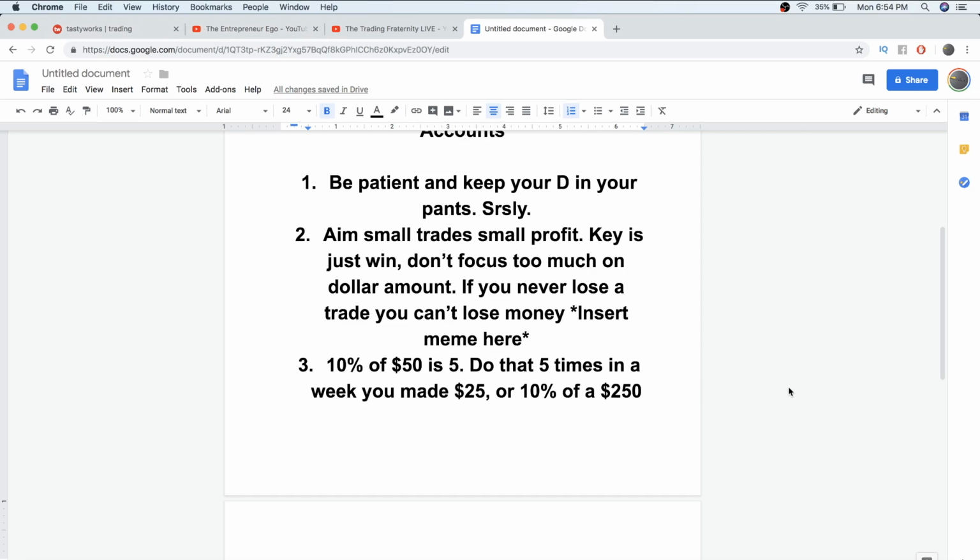You guys want to do the same thing. All you want to do is win. If you never lose a trade, if you make sure every trade you do comes in with more money than you put out, that's it. Even if it's $1 more, you win. Remember, there's no commissions. So this is what I said, insert your meme here. It's like that one meme where the guy's pointing, thinking, huh? If you never lose a trade, you can't lose money. And that is a big key. And I want you guys to really focus on that, because if you do that, it will take you a long way, and you're going to get to see how